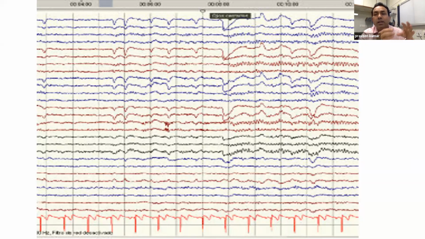तो अगर मुझे इस ईईजी के बारे में बोलना हुआ, तब आई विल से कि ये दिस इज एन EEG recorded in the 10-20 system in the wakefulness state. The EEG has a normal background rhythm consisting of almost around 10 to 12 hertz posterior dominant rhythm, which is reactive to eye opening. जब आप eye open करेंगे तो चीजें खत्म हो जाती हैं या नहीं ओपन रहती हैं फिर वो।